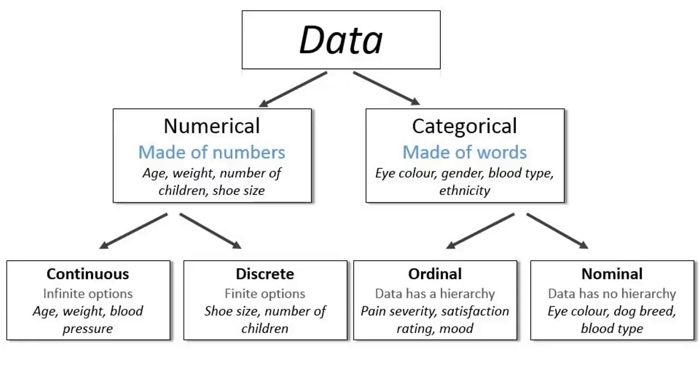So features now come in different formats. In our course, we're going to be dealing with two main types or formats. The first is numerical data. So any feature like the age, the weight, the shoe size, or the number of children, these are numbers. So that's a numerical feature.